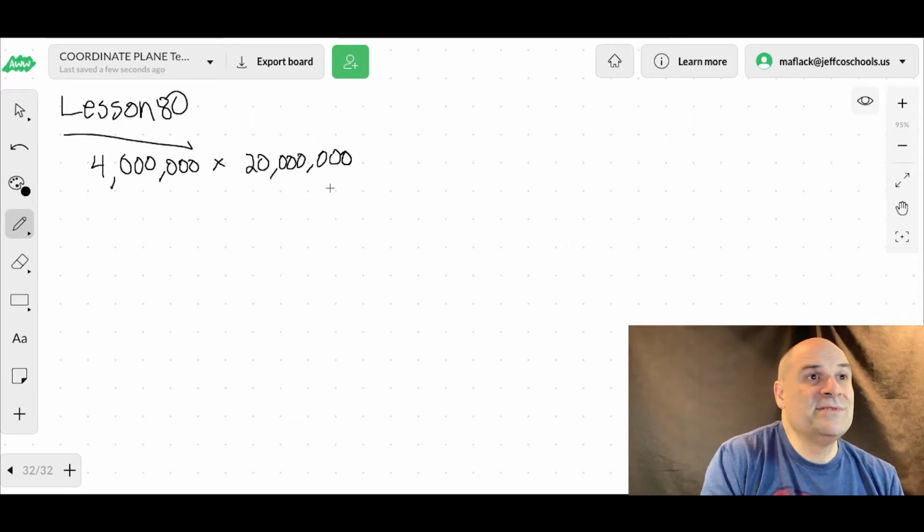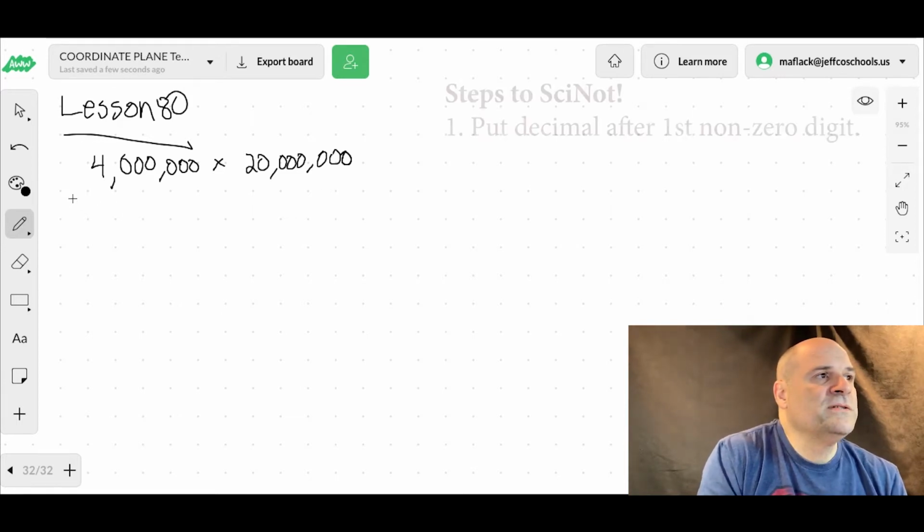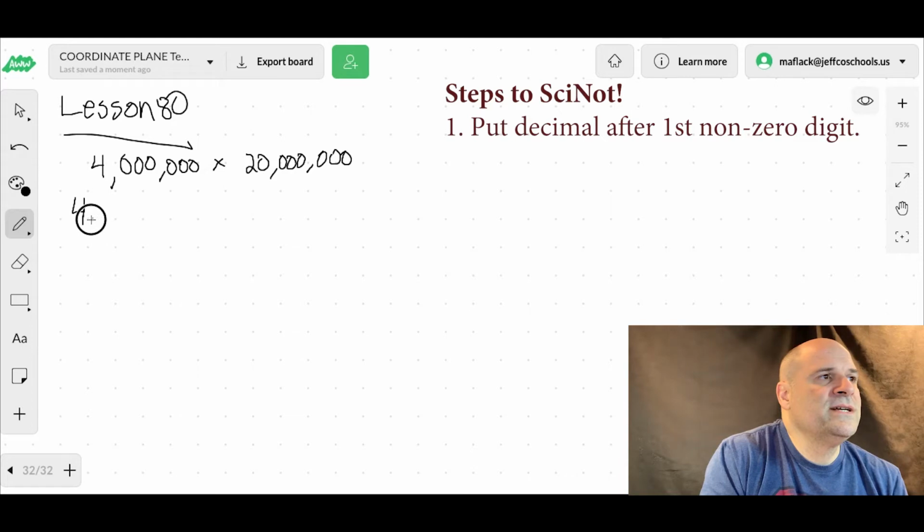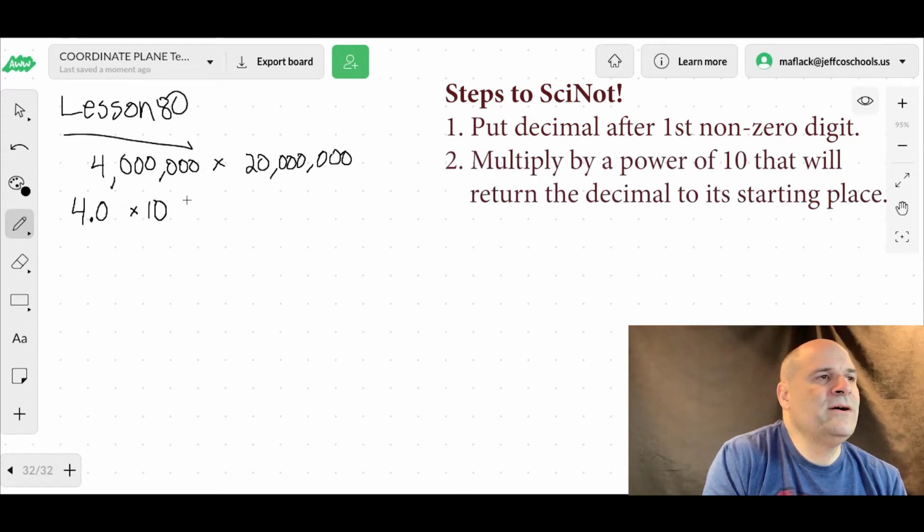Remember the steps to scientific notation. First, put the decimal after the first non-zero digit, and then you're gonna multiply by a power of 10 that will return the decimal back to its starting place. So if it's right here, it has to go 1, 2, 3, 4, 5, 6 to the right. Okay, so 4 times 10 to the 6 times 2 times 10 to the